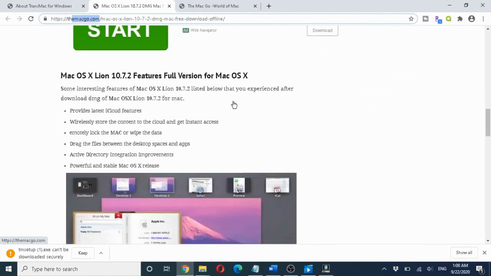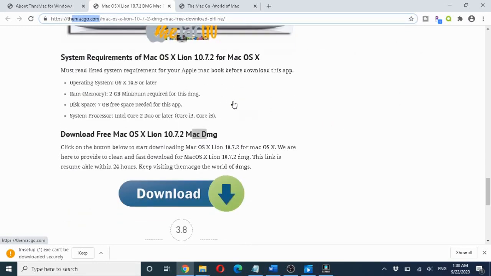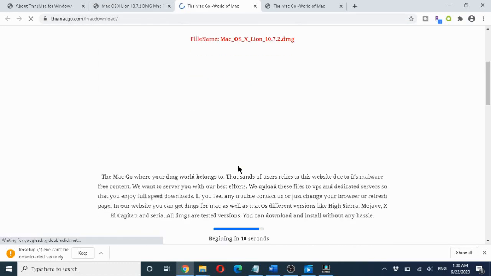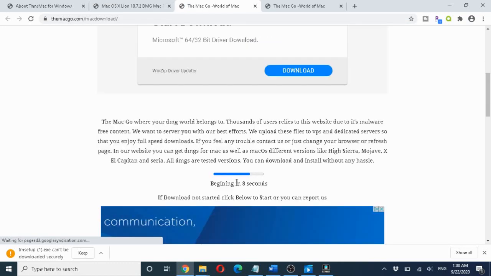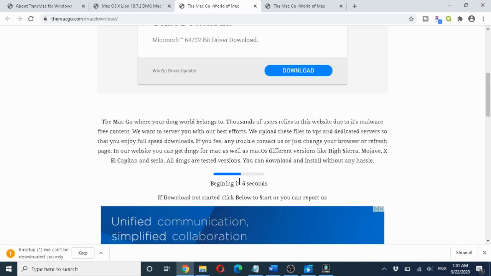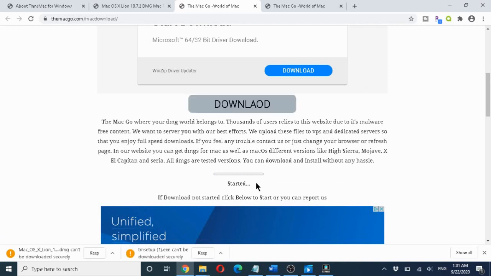You can also download these from the Apple site. Just go to the download section and click on download, and it will start downloading in about 10, 9, 8 seconds, onto your local machine. It is around 3 or 4 GB, based on the operating system you choose. You can download it directly from the Apple site as well. Just click on keep, and it will download.